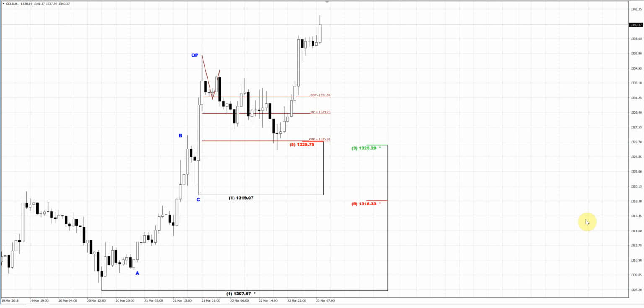Welcome everybody, guys. Today I have decided to take a look at the Kiwi dollar, but in the beginning of the video I would just like to return to the discussion of our trading setup that we talked about yesterday in our video on the gold market, where we suggested where we could take the long position, and indeed, as you can see, it has been completed perfectly. Based on this ABC top pattern, the market has completed all that we would like to see when we're thinking about taking the position.